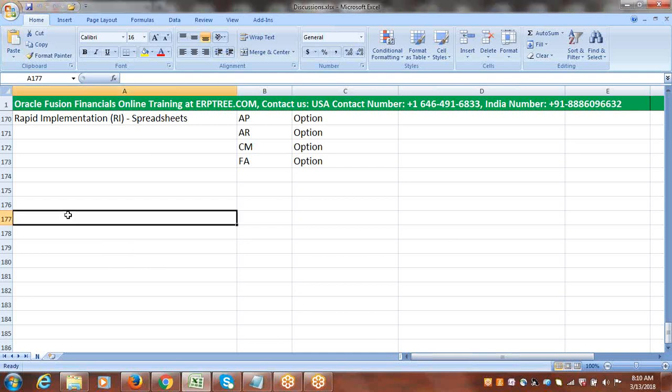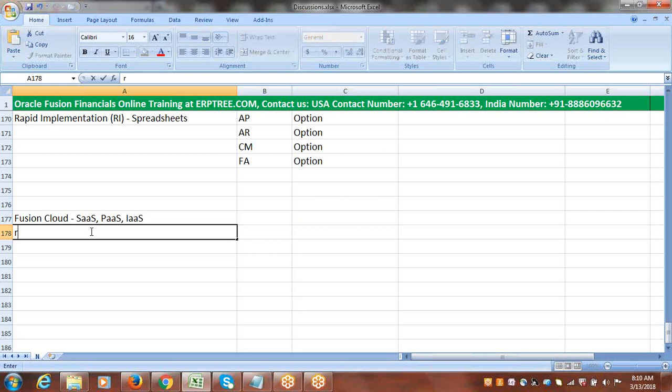Okay. So in the last few sessions, which we had as introduction classes, we discussed what it means by Fusion Cloud and the different options within the cloud like SaaS, PaaS, or IaaS. Okay, and we discussed about RBAC,